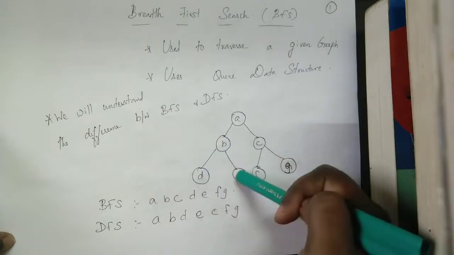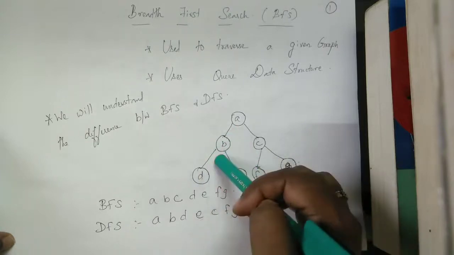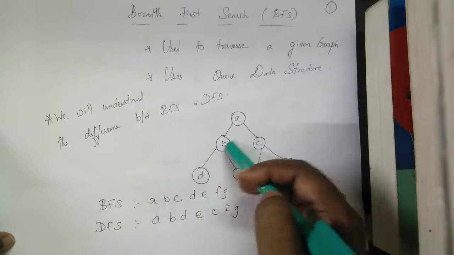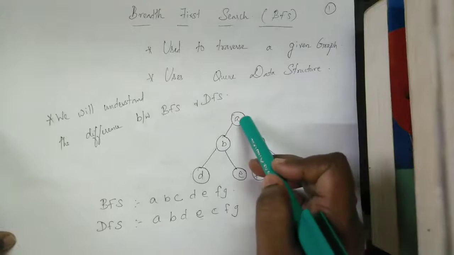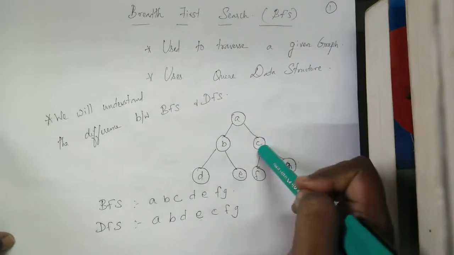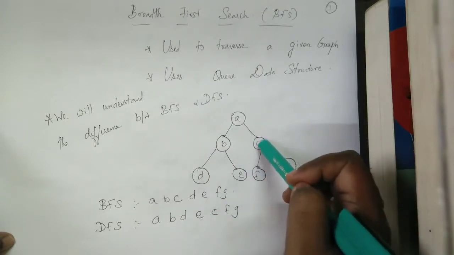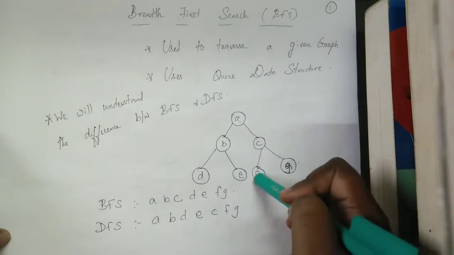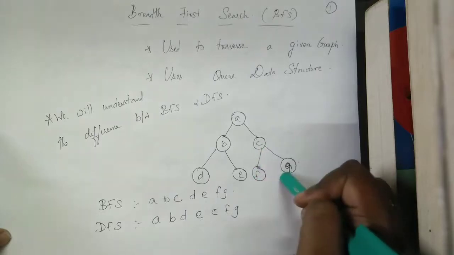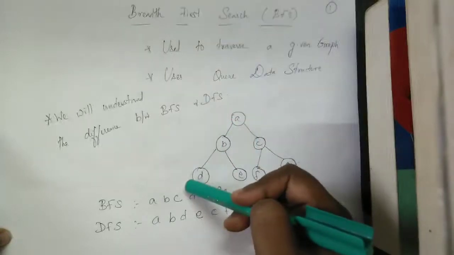We will go back to B and then explore E. That's how we got E. Now B is totally done. We were using a stack data structure, so we will pop B. Now we will come back to A and then visit C. We have to explore the adjacent vertices of C. We finish F, so F is done, and then last is G. This is how DFS works. It just traverses in a depth-wise fashion.